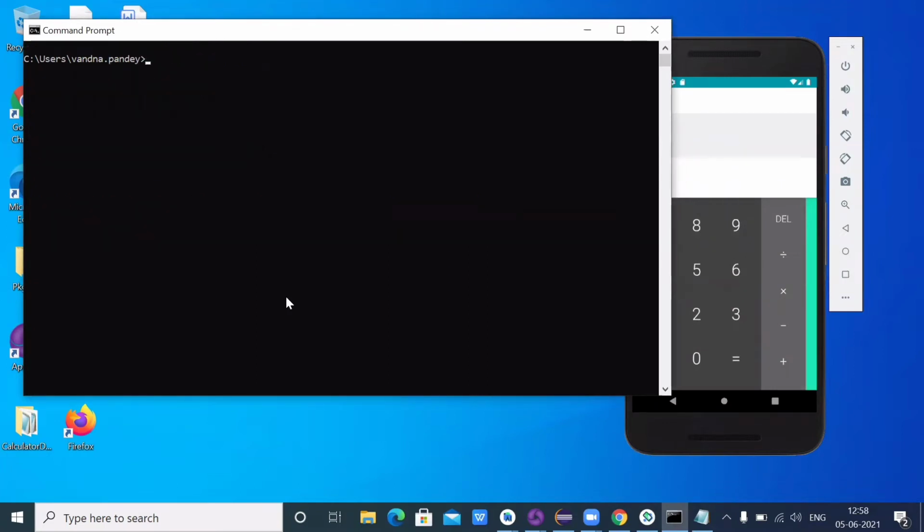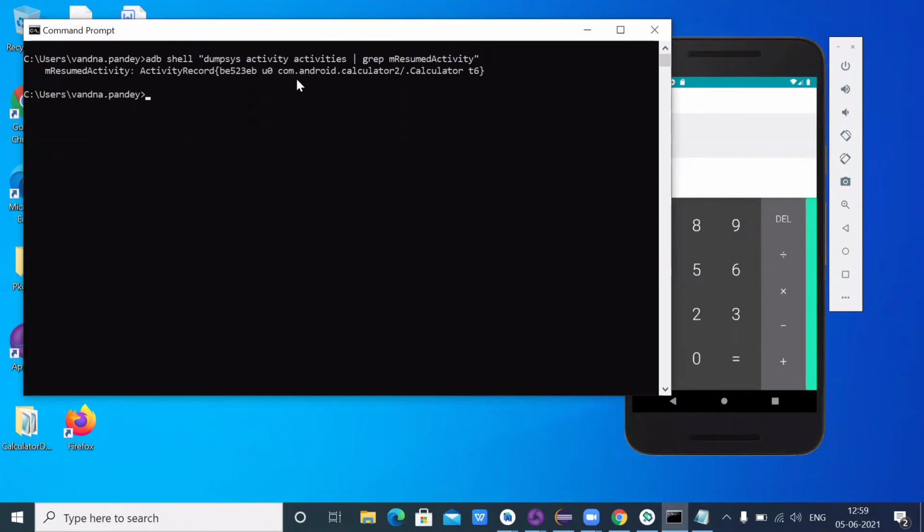I will clear. Just again I will run this command. Okay, so adb shell dumpsys activity | grep resumed activity. It will give me a package name and package activity. So from the UI, this one is your app package, and this one, dot calculator, is your